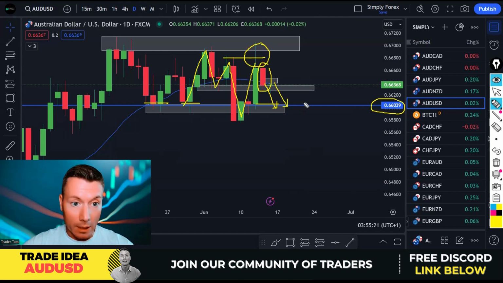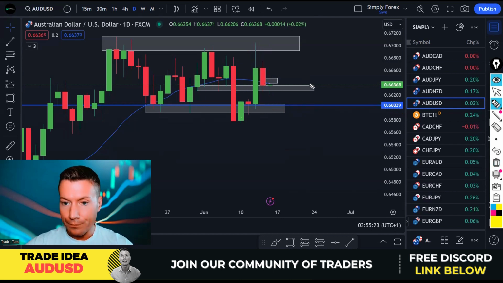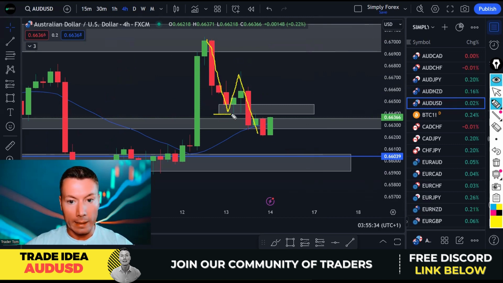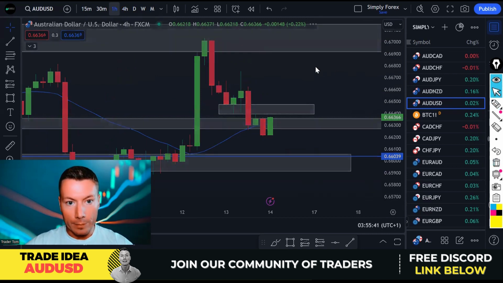And for example, Euro US dollar had no room. All right, so we're looking to sell. If we drop down to the H4, I also like the fact that, look, this is in a downtrend. So I just wanted to show you that as well. We're getting lower lows, lower highs, right? We like this. If we drop down to the H1,